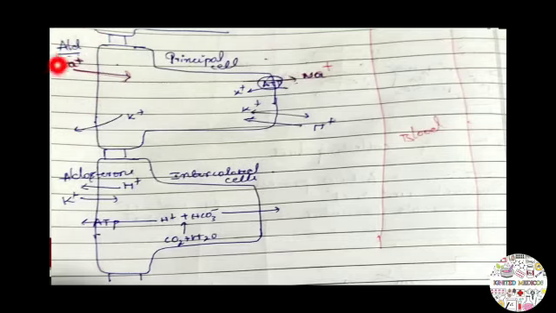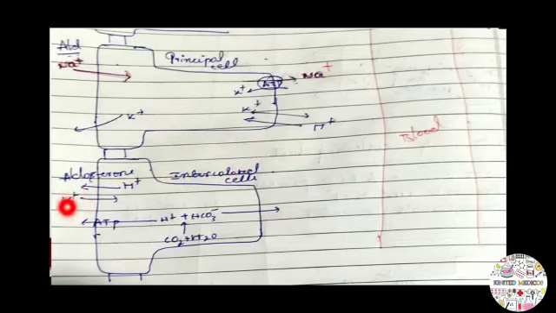So the aldosterone, which acts on the late compartment of the DCT, increases the sodium reabsorption into the principal cells, and further this sodium is reabsorbed into the bloodstream via the sodium potassium ATPase pump, and meanwhile the potassium is secreted into the filtrate. The potassium and hydrogen are secreted and reabsorbed to balance the osmolarity. And coming to the intercalated cells of the early part of the collecting duct,